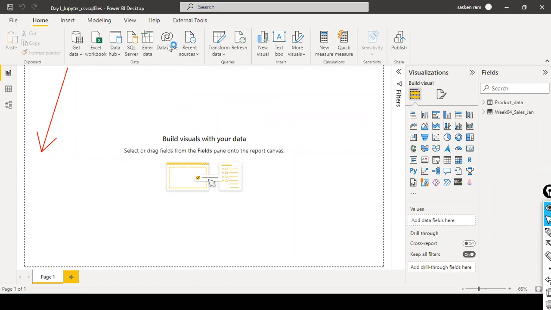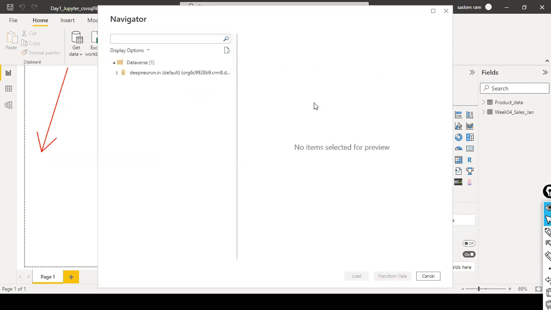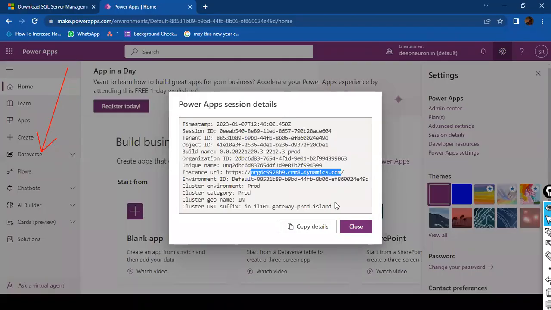So what happens the first time you click on it, it will ask you the server name or the cloud URL name, and then the user name and password. Since I've already specified it, it will directly connect to my database. Okay. Now I'll show you